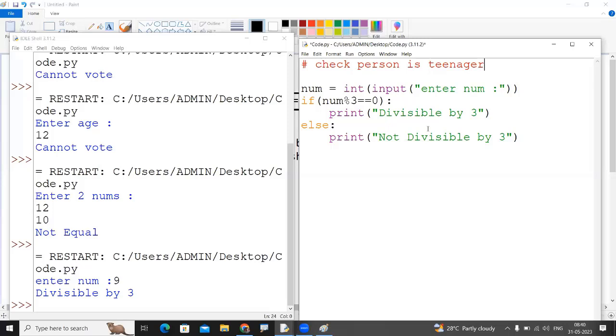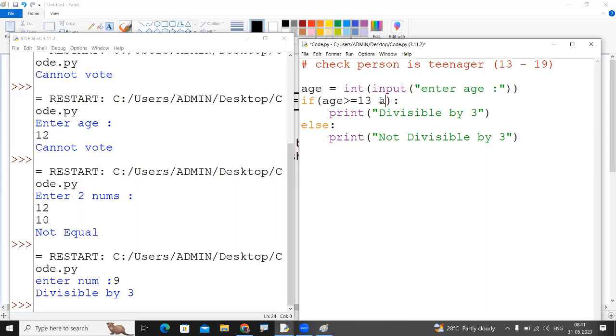Starting from 13 to 19. So we ask, enter age. 13 to 19 means age is greater than or equal to 13 and less than or equal to 19. So age greater than or equal to 13 and